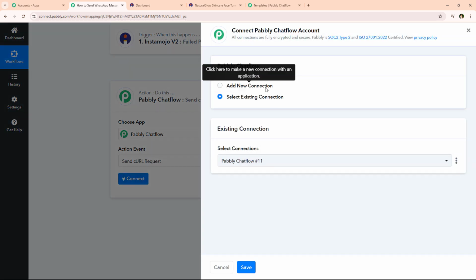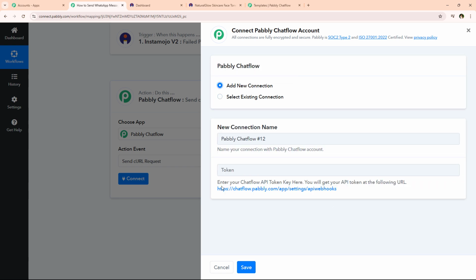And now it is asking me to add a new connection or select an existing connection. So if you have already connected your Pabbly Chatflow account with your Pabbly Connect's workflow, you can click on select existing connection and then save. But if you haven't, you have to follow me, click on add a new connection, and now it is asking